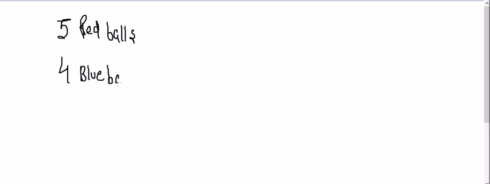Okay, now see this question. It says a bag contains 5 red balls and 4 blue balls. 2 balls are selected at random one by one, given that there is no replacement. You need to work out the tree diagram. So one by one you have to select the balls, which means you have 2 different stages: selecting one ball and then selecting the second ball. Let me separate it out.